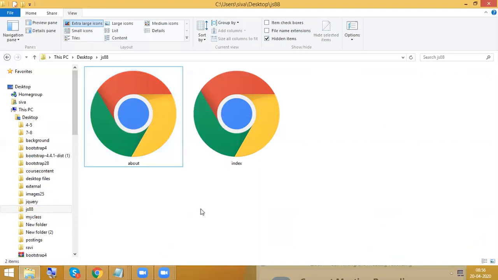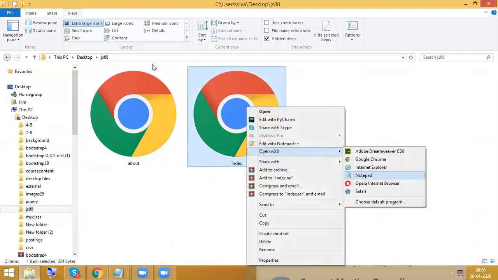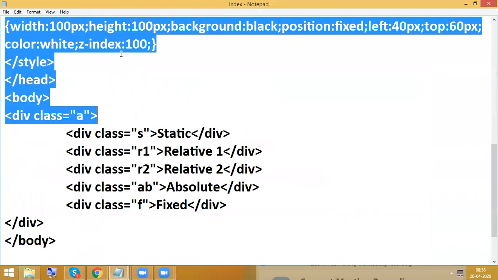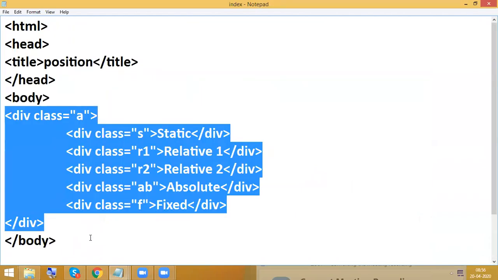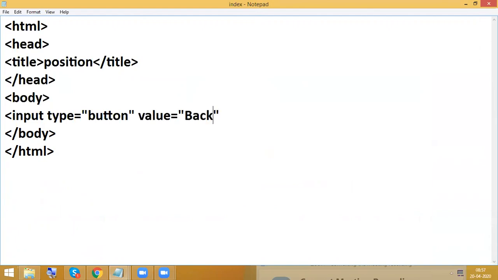Now right click, open with notepad. Here I'm going to have a button, input type equal to button, value back.